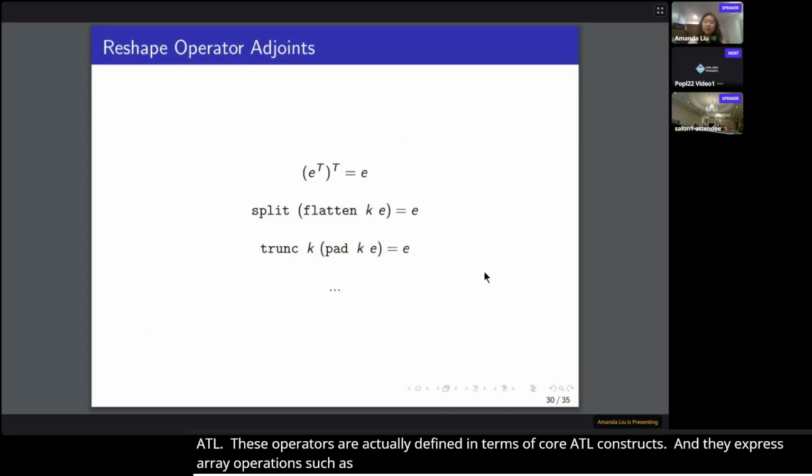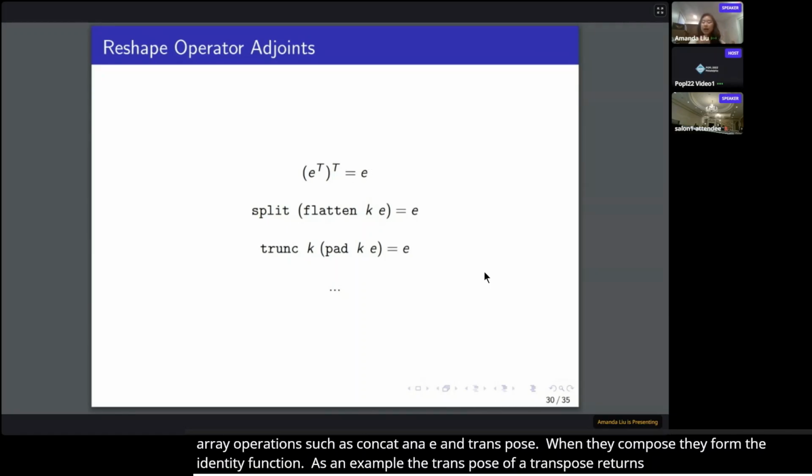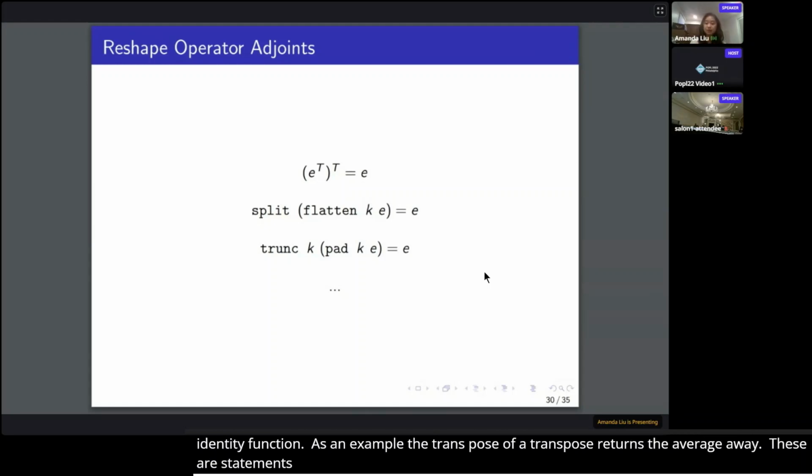And you might notice that these operators can be grouped into pairs of left and right adjoints so that when they compose, they form the identity function. So as an example, the transpose of a transpose returns the original array. And these adjoints are just statements of equivalence in ATL, so they can be proven as Coq theorems to be further used in our rewrite framework.